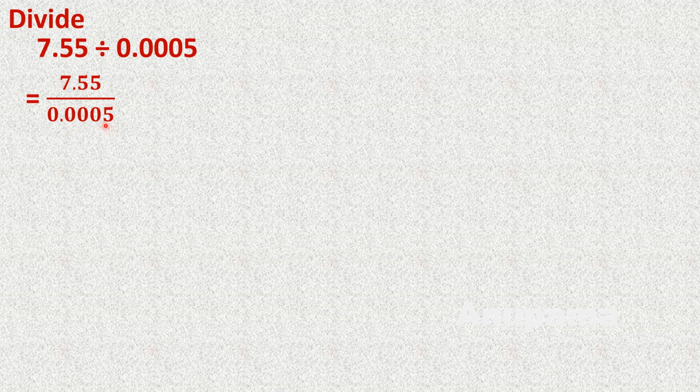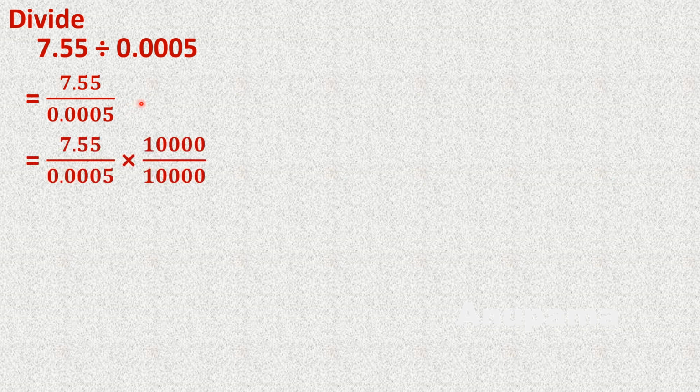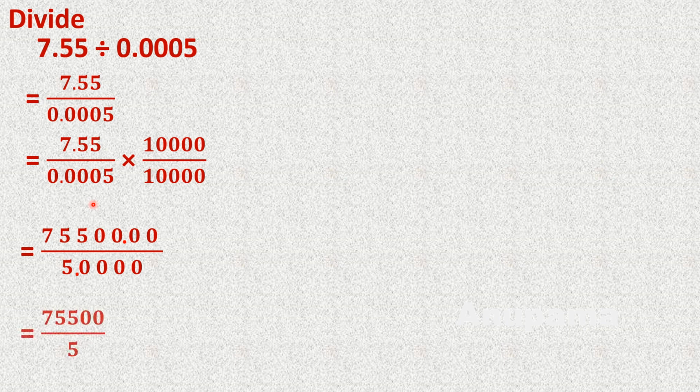Now here count how many decimal places are in the denominator. 4 decimal places, and with it a number which is, yes, 10,000. We will multiply by 10,000 in the numerator also and the denominator also. So what will we get in the numerator part? We will get this 75,500.00, and in the denominator we will get 5.0000, or we can write it like this,